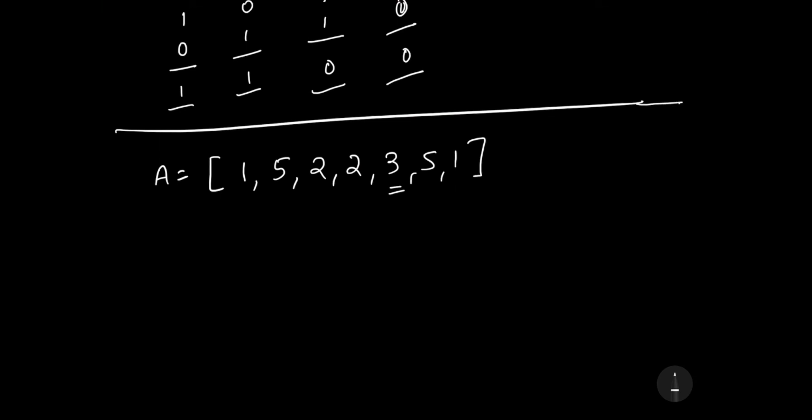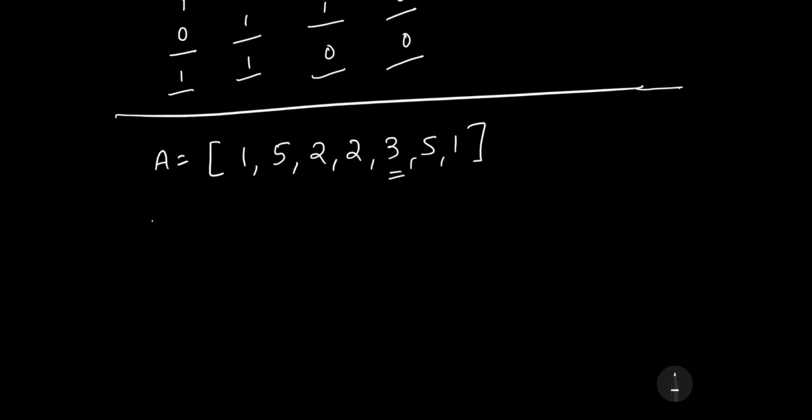Before we move to XOR, we'll see how we can solve this using other approaches. First approach is obviously the brute force approach. In the brute force approach, we basically check if an element is present in the rest of the array or not. For example, we start with 1, the current element is 1, and we'll check in the rest of the array if 1 is present or not. If it is present, then it is not our element.